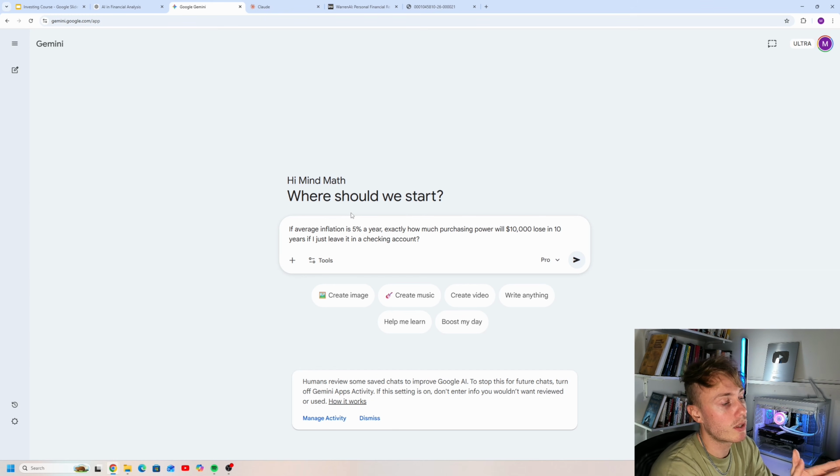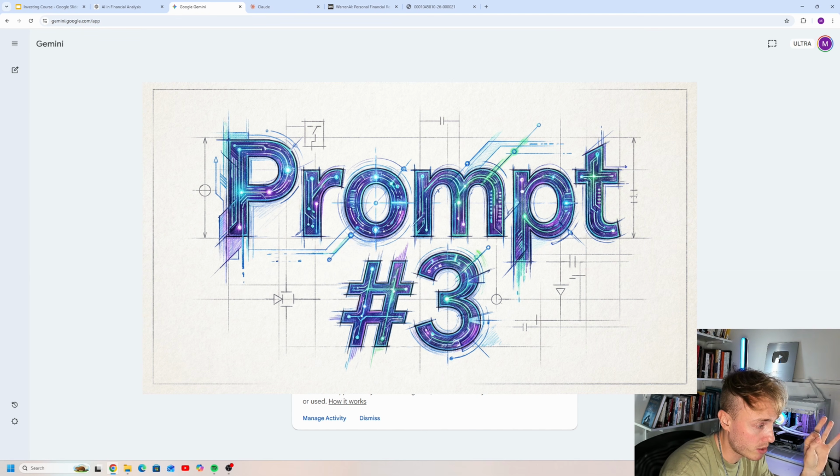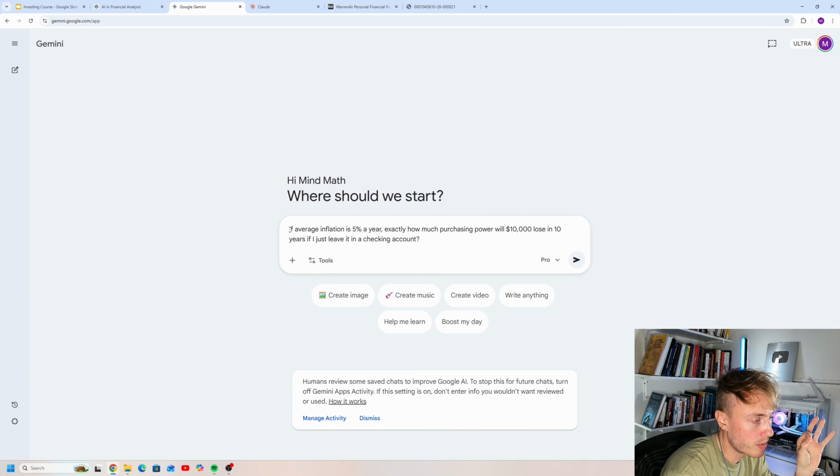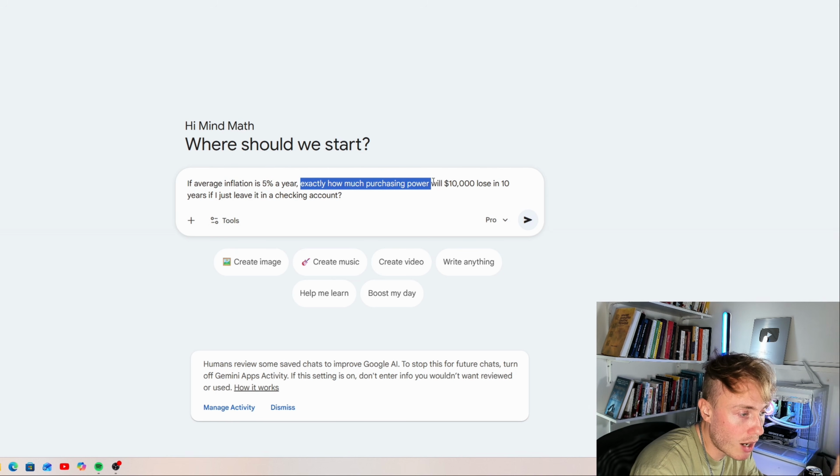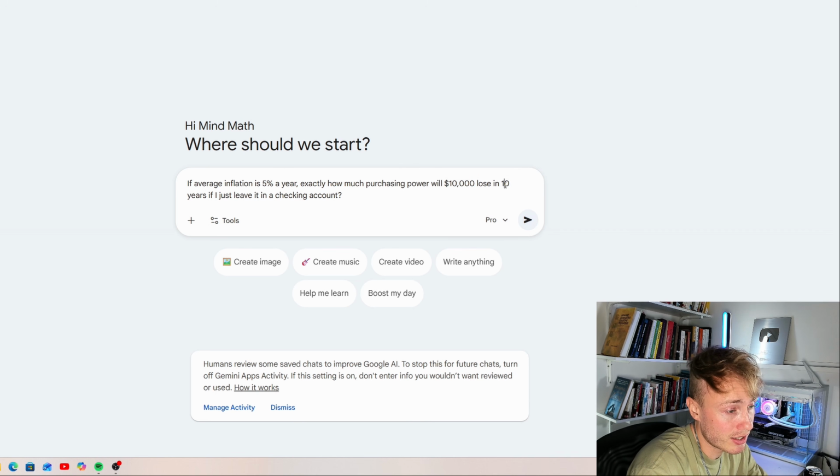But alright guys, so now let's jump back into Google Gemini, because now I want to share my next prompt. What I want to do with this prompt is to show you the effect of 5% inflation. So what I wrote here is, if average inflation is 5% per year, exactly how much purchasing power will $10,000 lose in 10 years? Or to make it more clear, we can actually choose 20 years here